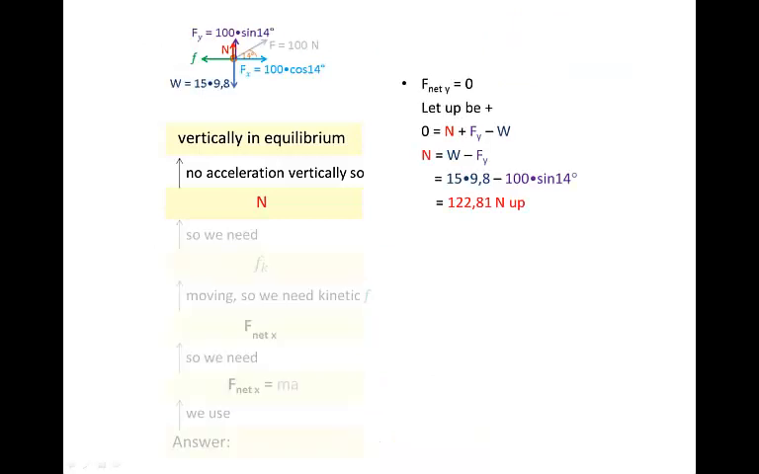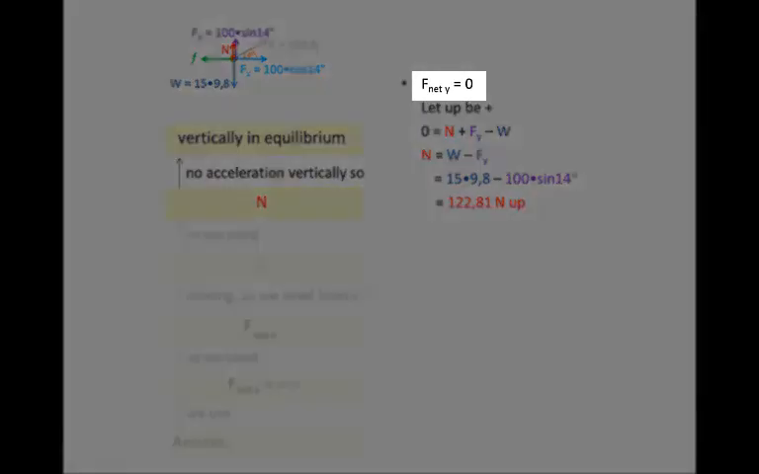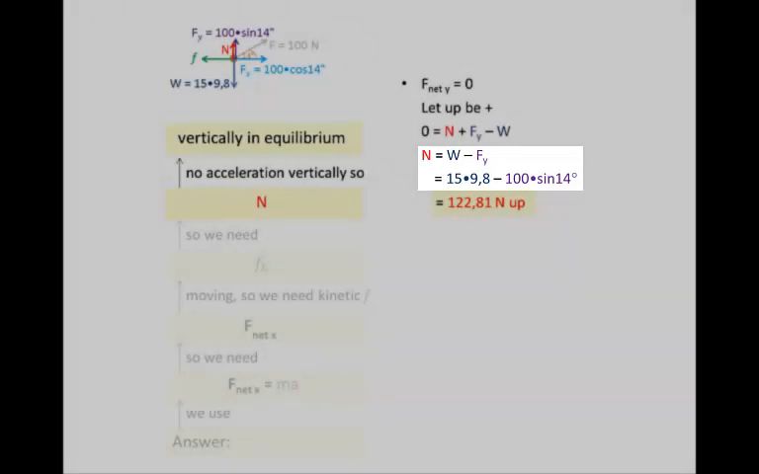So we first need to find the normal force. F net y is equal to 0. We let up be positive. 0 is equal to normal plus Fy minus W. We rearrange this to give us normal equals W minus Fy. So now normal is the subject of the equation. We substitute values into this. W is 15 times 9,8 and Fy is 100 times sine 14 degrees. We do the calculation. The normal force here is